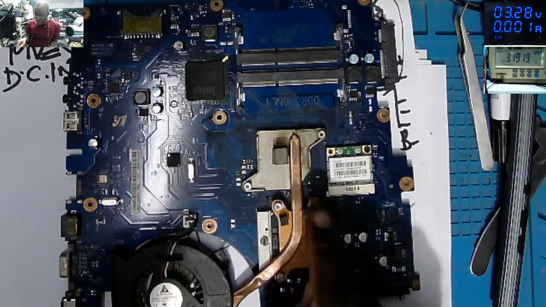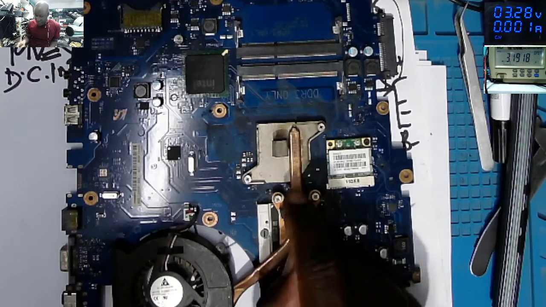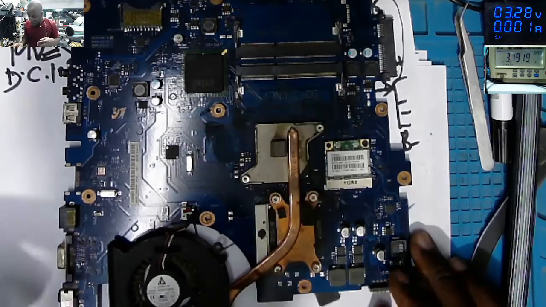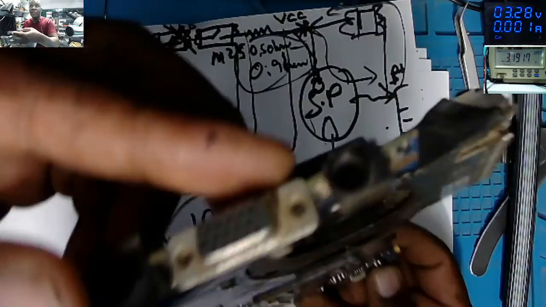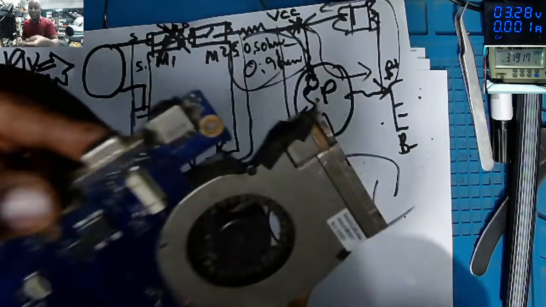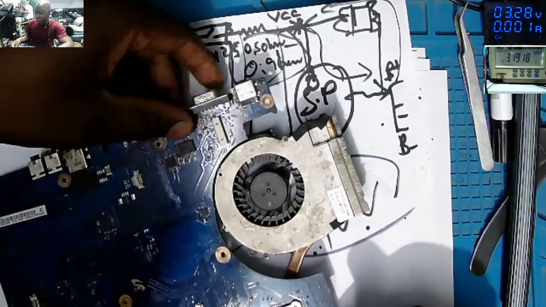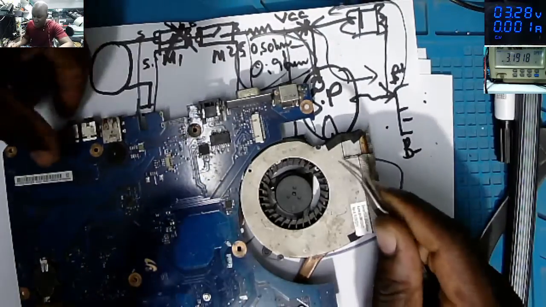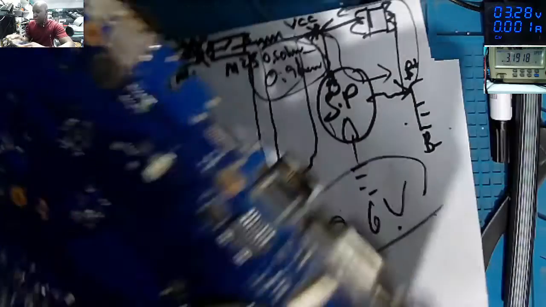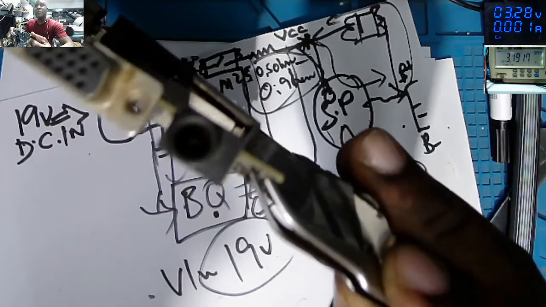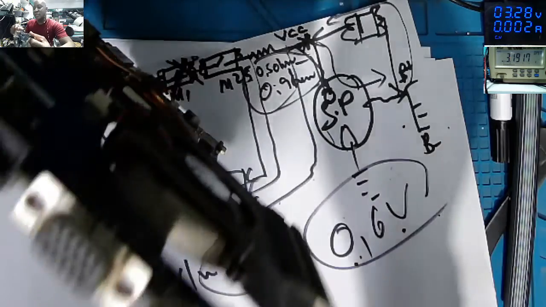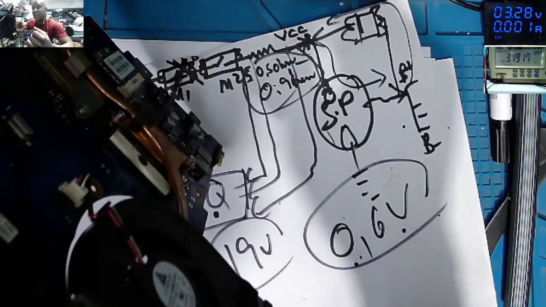We have the processor, we have the graphic chip under heatsink, we have the PCH, some power supplies. That's the charging port. The common fault with this model of motherboard, the charging port. Check what is inside this charging port. Maybe you can see we have two wires separate. The plastic thing